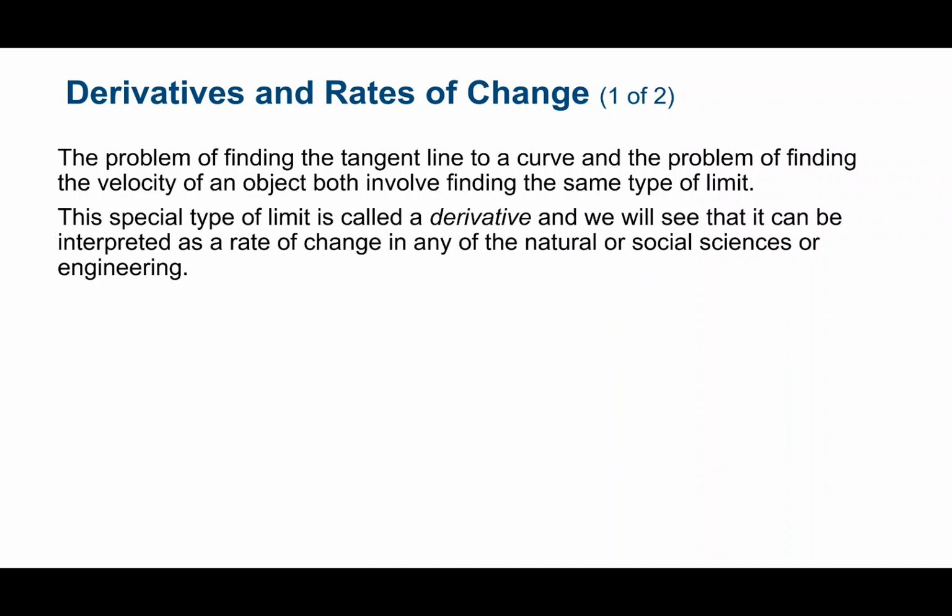And we saw that those ideas were really similar, right? We could take the velocity problem and it turned into the slope of a tangent line to a curve. So those two types of limits